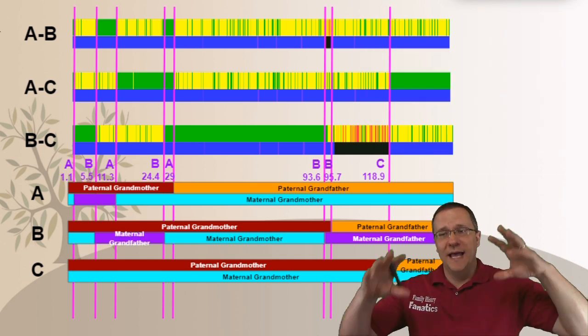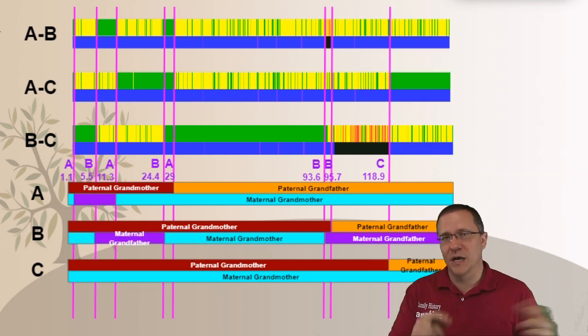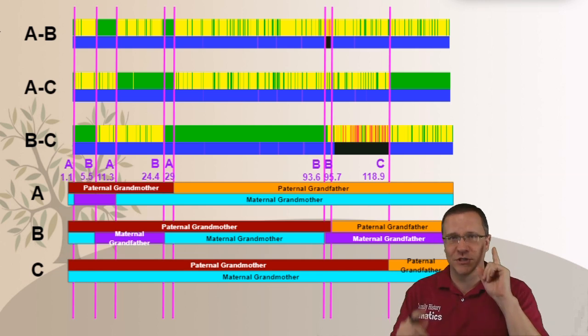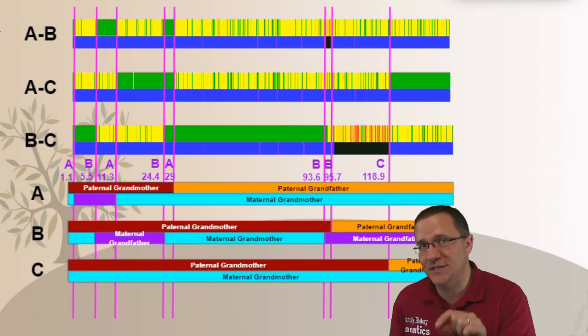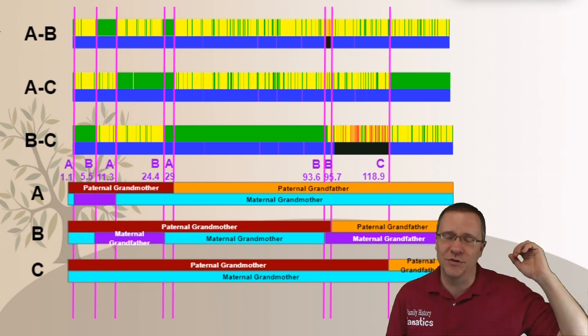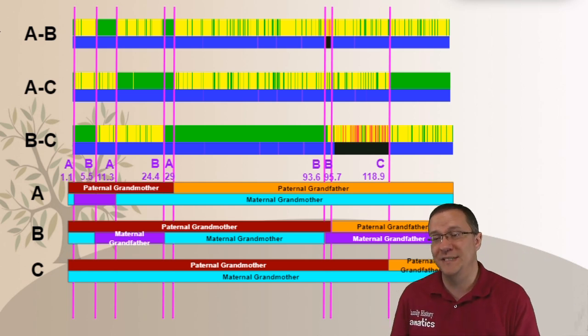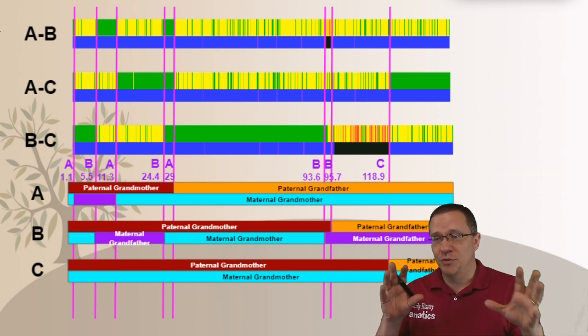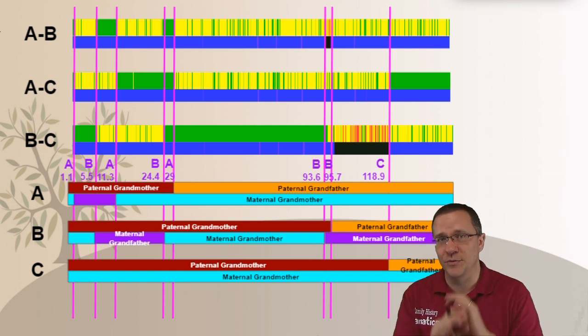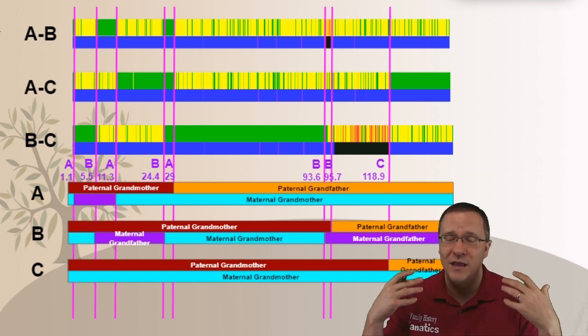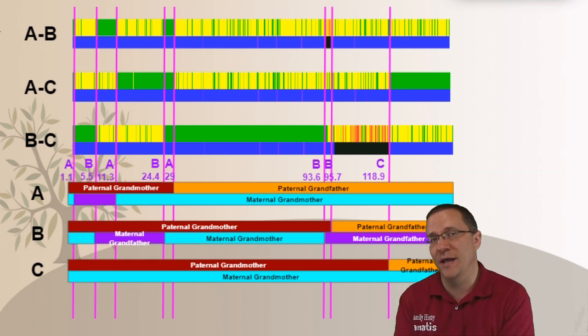So again, just to reflect back on a couple of the principles, this is for just one chromosome. And just because I have maroon as my paternal grandfather on this chromosome doesn't mean that maroon is going to be my paternal grandfather on the next chromosome. Teal could be my paternal grandfather on that chromosome. Don't get the colors confused between chromosomes. Remember, look at each chromosome completely separately, and that's why I like to work on just one chromosome at a time so that I don't get confused in thinking that one is related to the other when they're not.